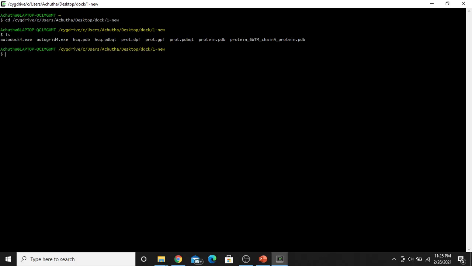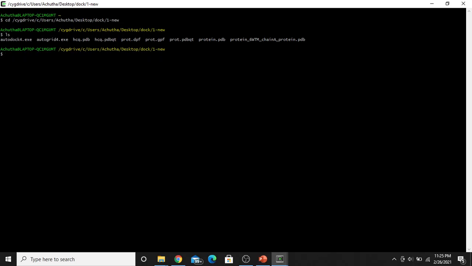Okay, here it will show the files which are present in your folder. This is done to help you with the next step, where you have to give the name of the gpf file and dpf file, so you can just look at the spelling here. So you have to use the ls command to list the components present in your folder.